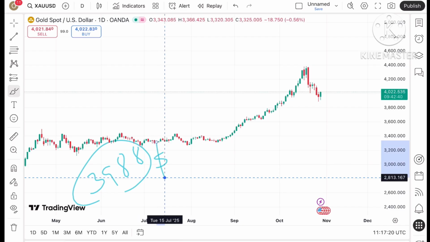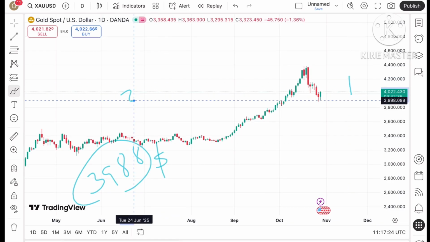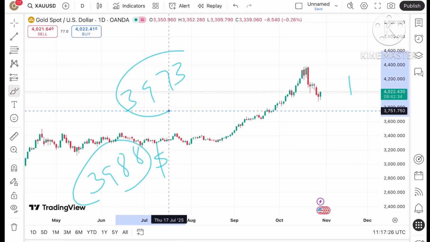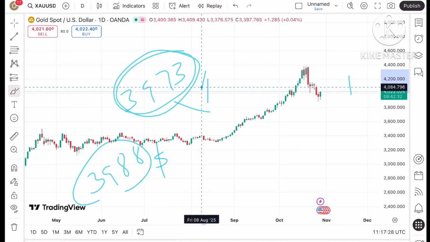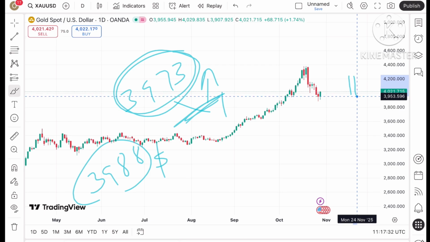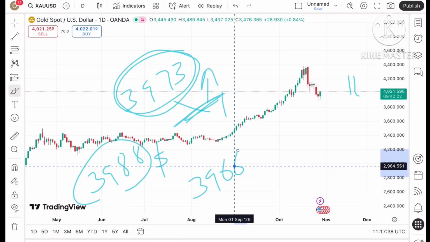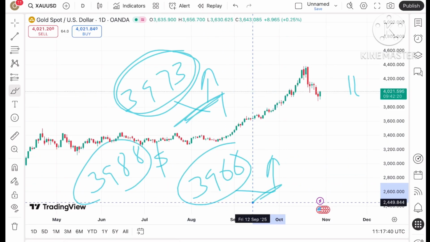39.88 can be seen, and if the price falls below that particular level, a further downfall can be seen towards $39.73. At this 39.73, we can see a bounce back, but if that doesn't bounce back, we can see the price will fall further down, and after that the probability will be very high it will go towards a level of around $39.66. Again, we can see a bounce back, and if that doesn't bounce back, we can see a